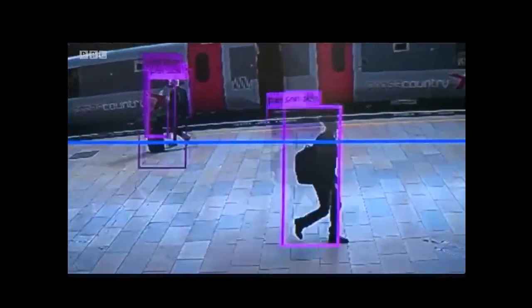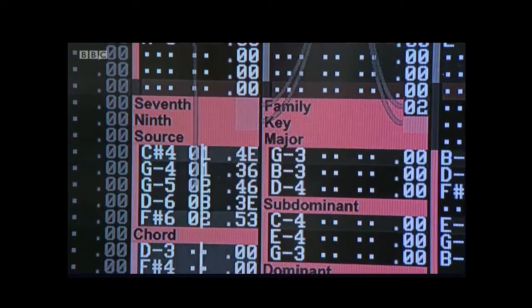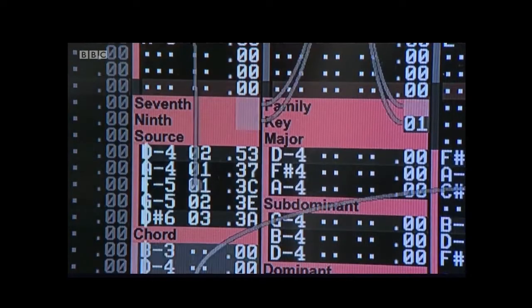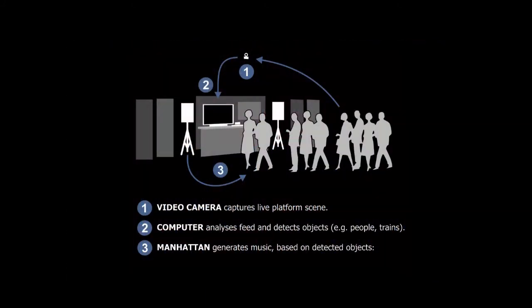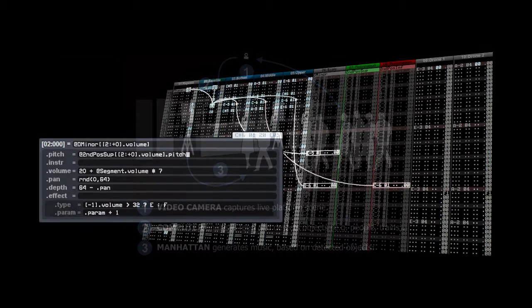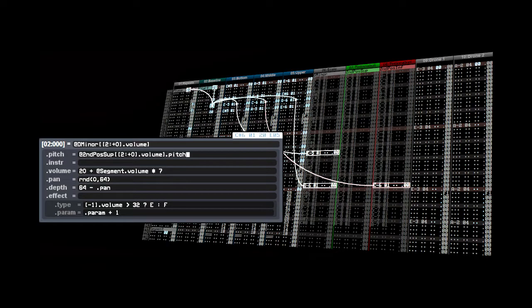The event and associated artwork serve to demonstrate several challenges and solutions in the creation of crowd-driven music designed for a public audience. The presented system works in real time, using machine vision to capture and analyse a live video feed of a given space and deliver data about detected objects to Manhattan, an end-user programming platform for music originally